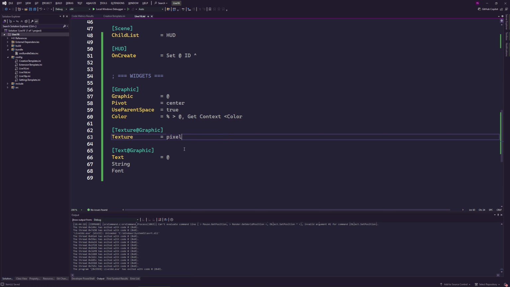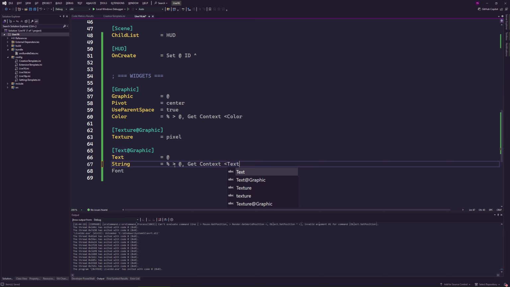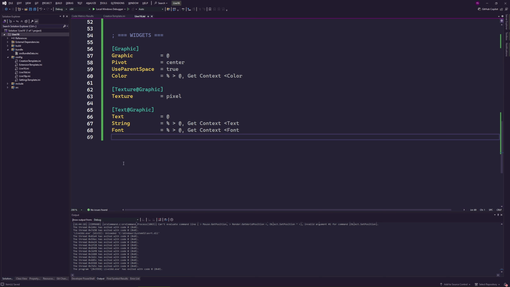We're going to do the same thing with the string here. We're going to say, okay, we use our name, and inside the context, we find, I'm going to call it text because I think it's more natural. And for the font, similarly, we're going to say my name, and inside the context, I want to find font. Okay. So how does this work now?